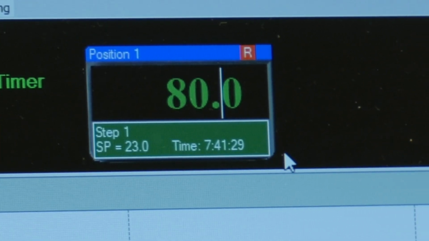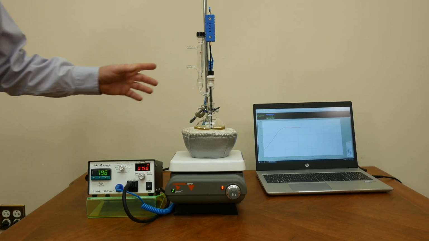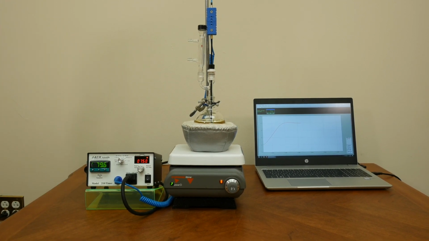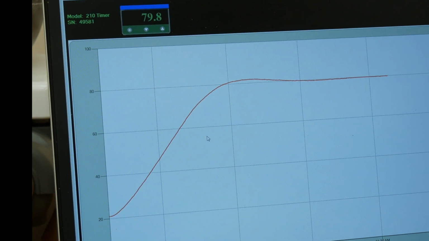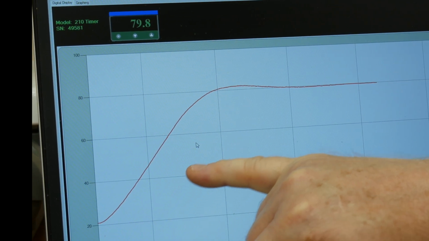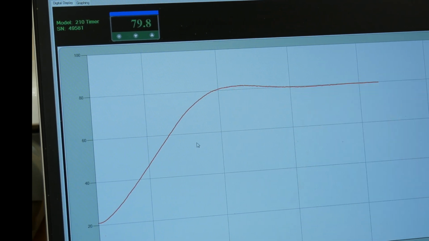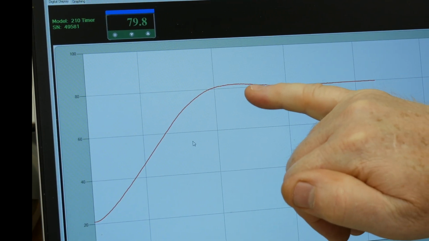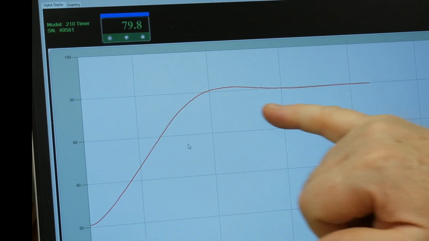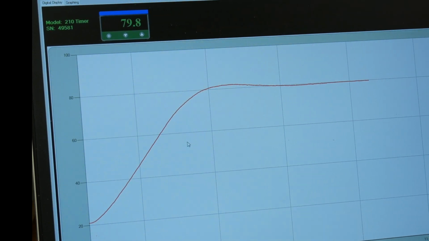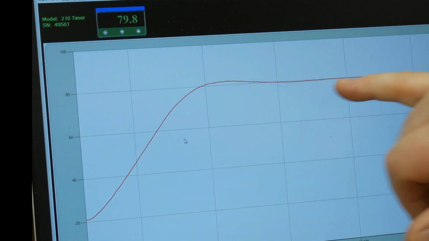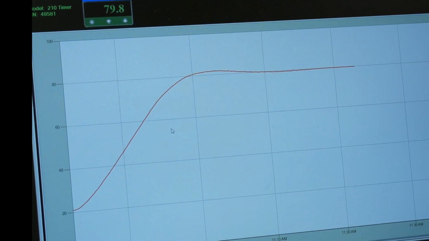For this whole run, we've been data logging, heating the reaction here, and you can see it on the screen. This would be very typical of the results you would get. So we started at room temperature. It's going to heat to the set point. I've asked for 80 degrees. It's also typical that you would have a slight overshoot. In this case, we overshot by about 1 degree. If you can see the peak of that, it's at 81 degrees. It'll overshoot to about 1 degree, then come down, and then it will be at 80 degrees plus or minus